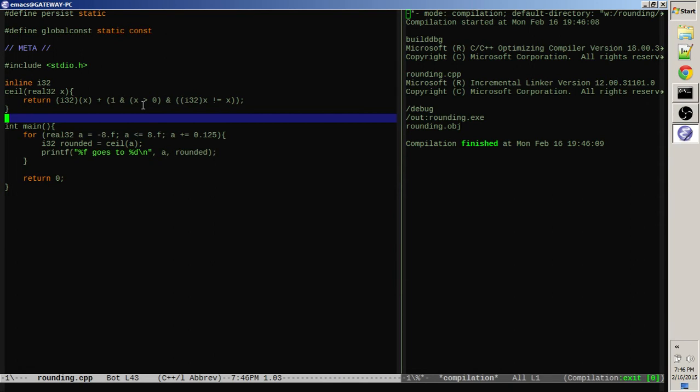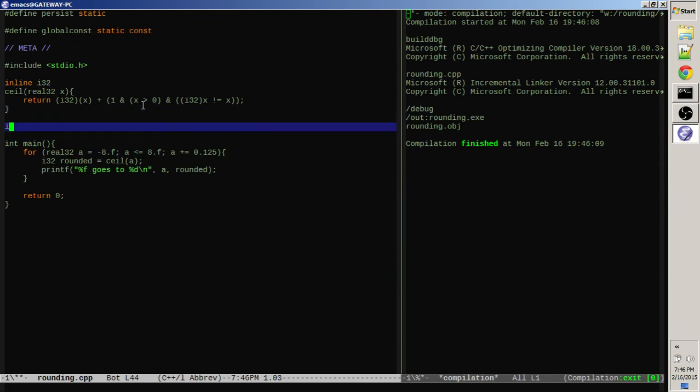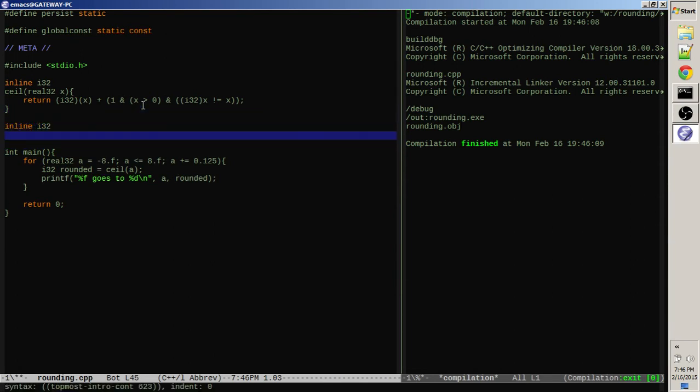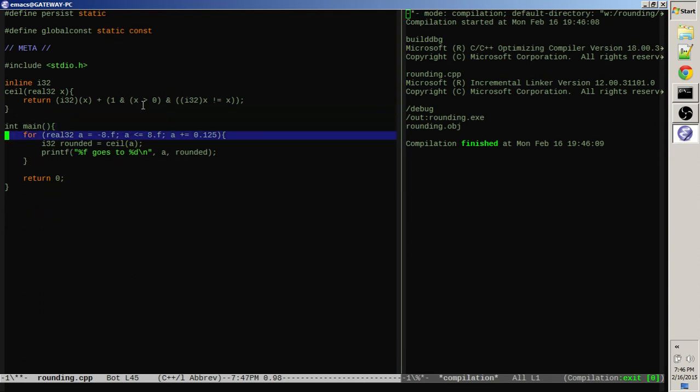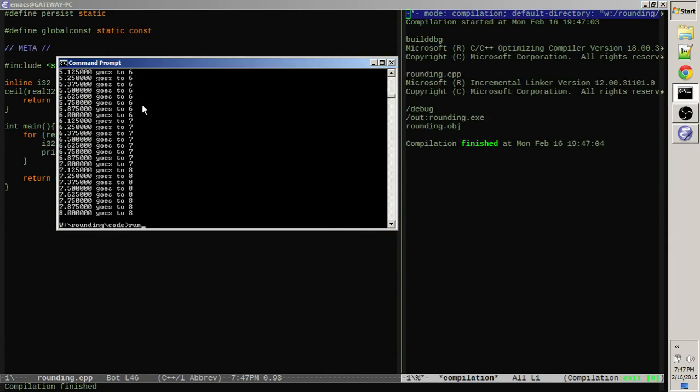So the same concept now we can apply to how we do a floor function. We could try to skip to it by manipulating that until we got the right answer, but I prefer to just do the easy way first. So if x is, well, first of all, let's see what kind of changes we even need to make I32 into a floor, right? Let me run this again. Okay, so to make this into a floor, this is all right, so all the positive stuff is right. It's the negatives, right. So the negatives are the part that don't work on floor, because this should all be rounding to -1,